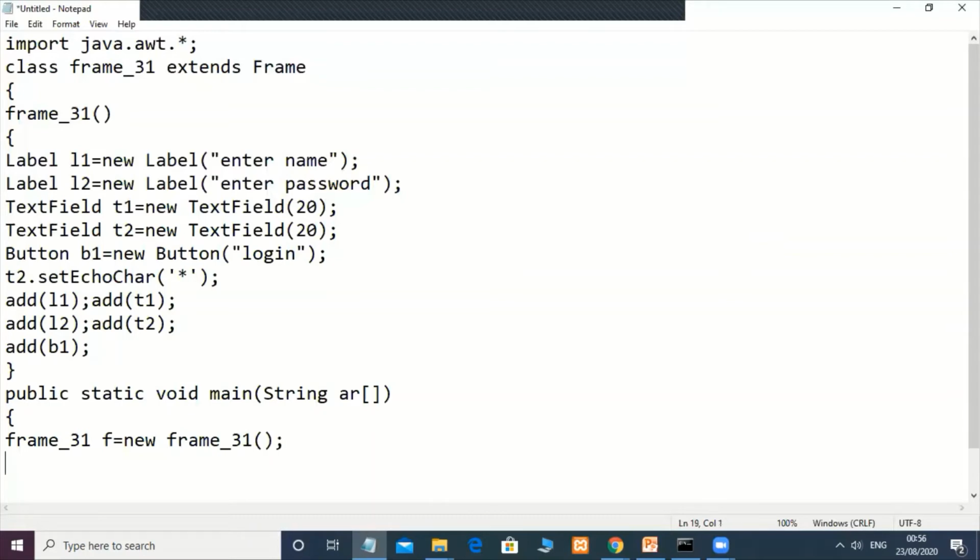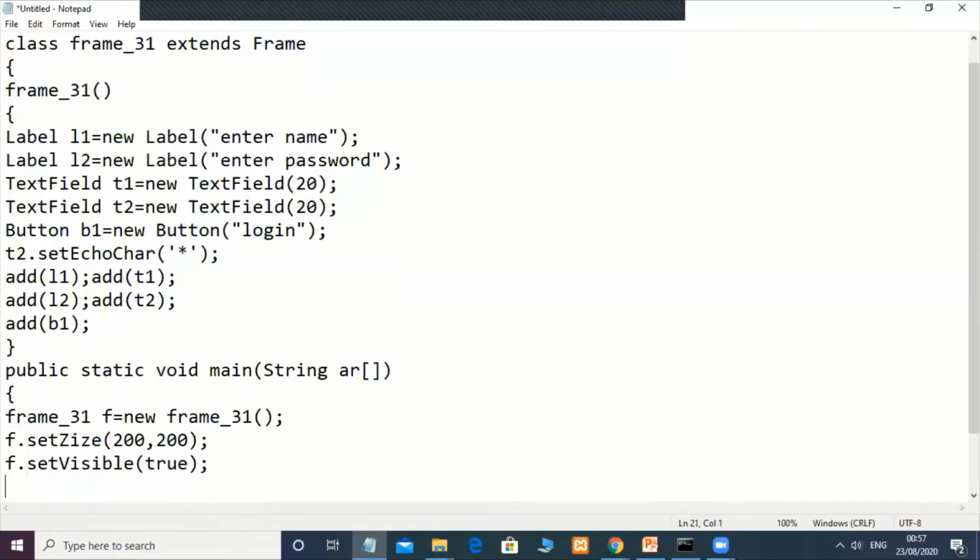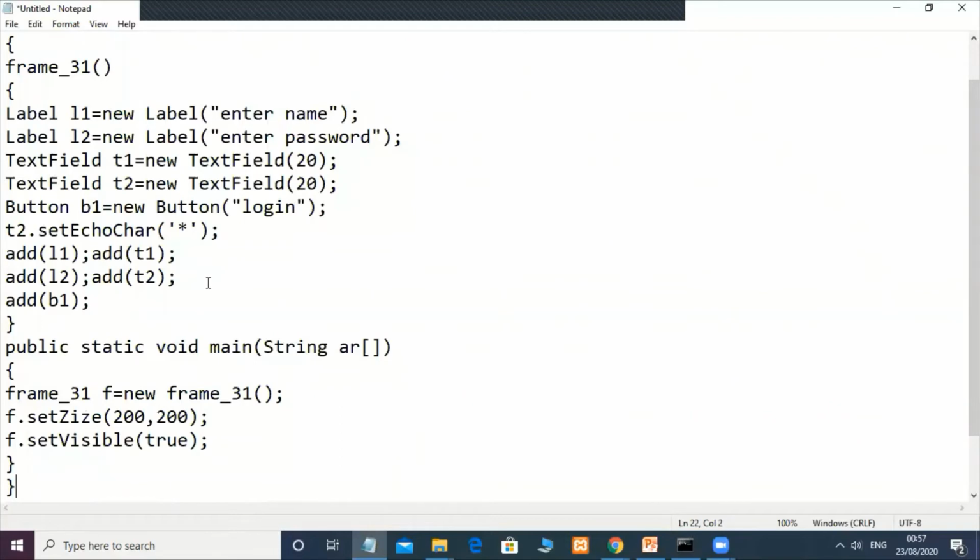Okay, then call the method f.setSize(200, 200), 200 width and 200 height, and f.setVisible(true), should be true here. Then close this method and close the upper class.